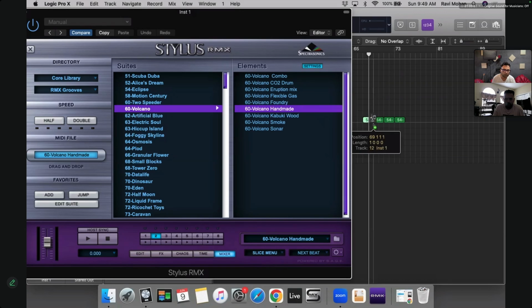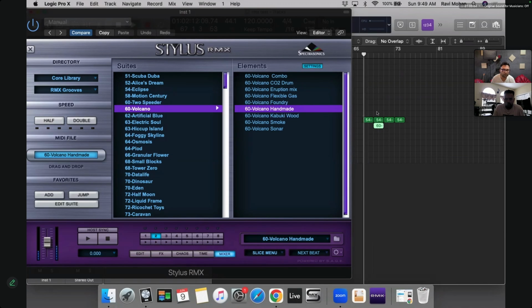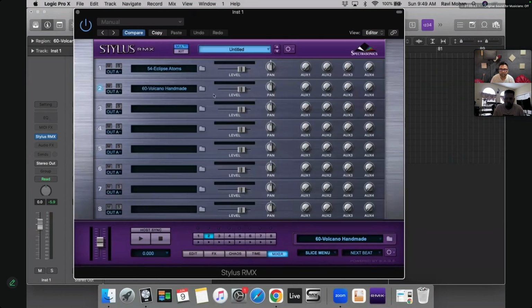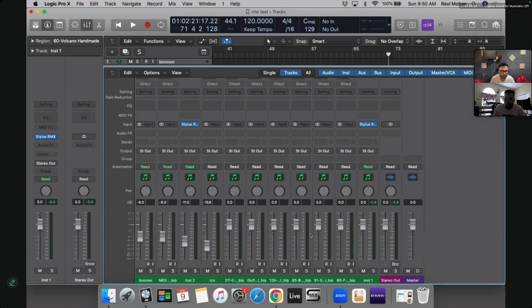And you want to put something like this. So now you are triggering both the channels like this. But the thing is here, because this is just a stereo instance, you cannot route all of this to different outputs. Like for say 1 I want to route to one channel, 2 I want to route to the next, and so on and so forth, and I want to have them in the mixer separately.